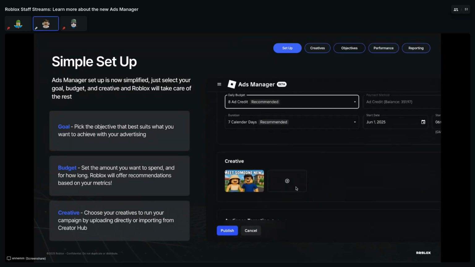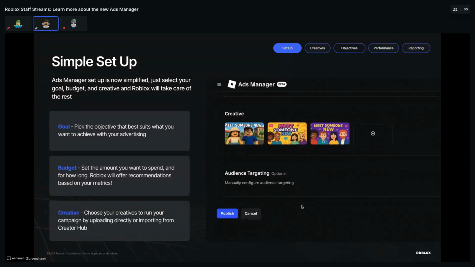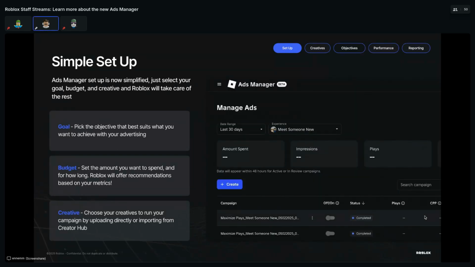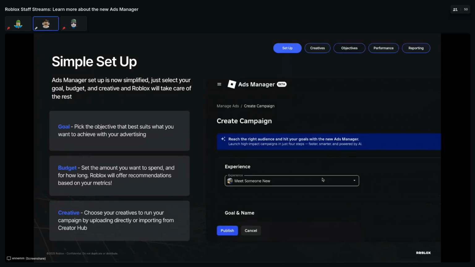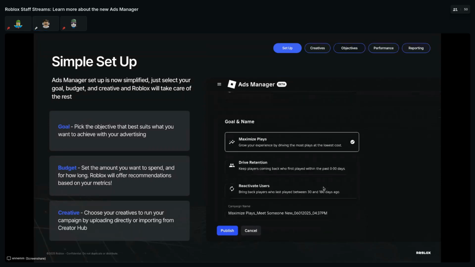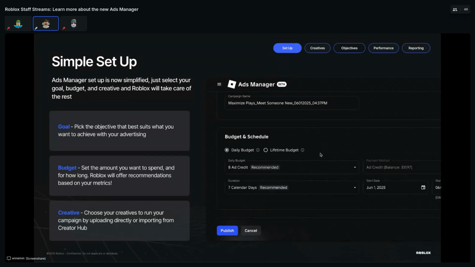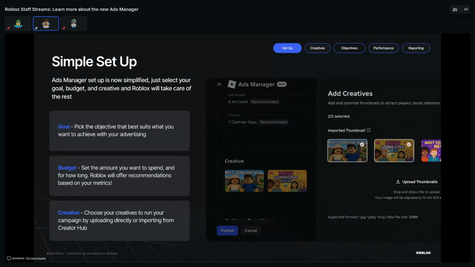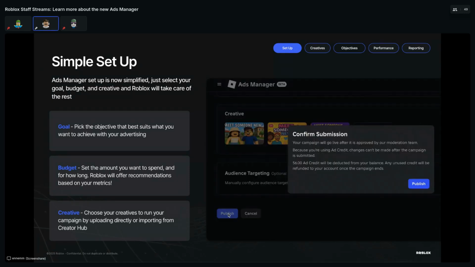And Nick kind of brought this up, but previously it was just visits as the objective. Now you have 3 options with maximize plays, drive retention, and reactivate users. And more objectives are coming soon. On the budget side, you'll see recommended budgets and recommended durations. And so if you have any questions about where to start, we definitely recommend trying out the recommendations